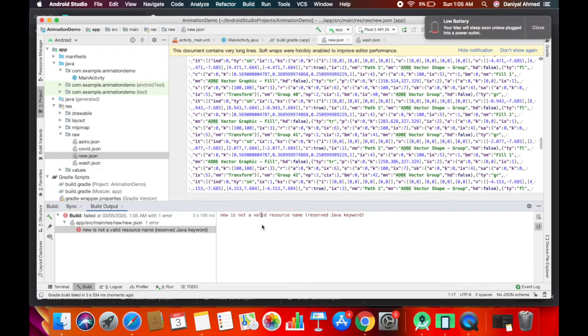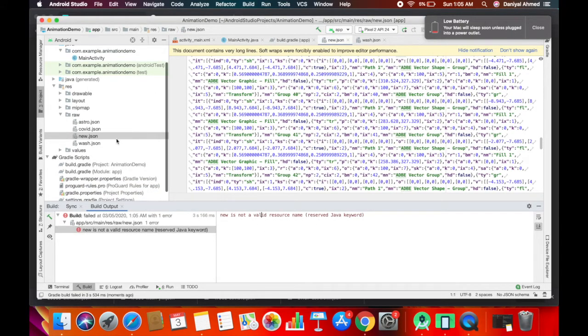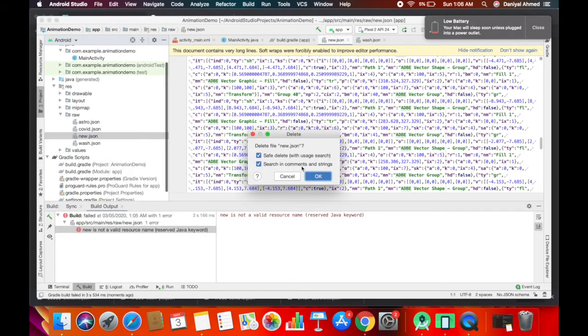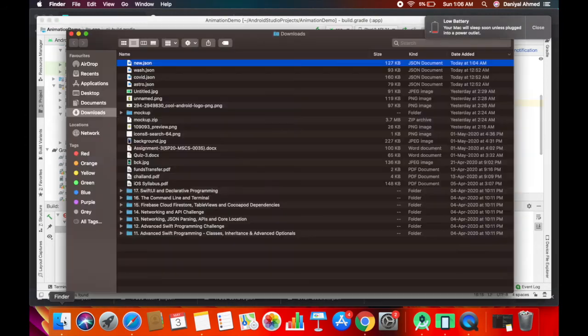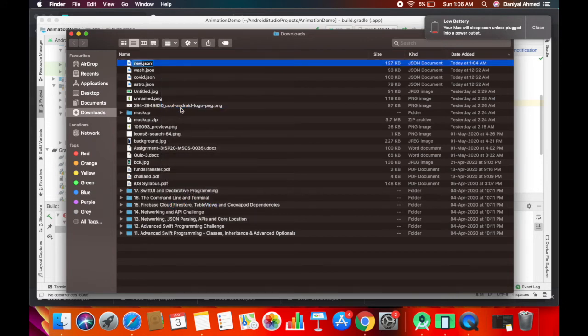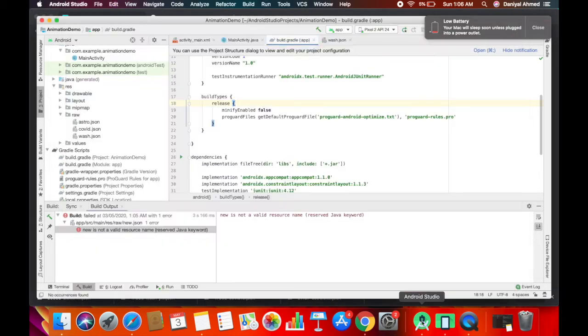New is not a valid resource name. Okay, it's showing me the error, so let me delete the file. The new keyword is, I think, already used for something in the Android project. So newlib, I think, will be good.